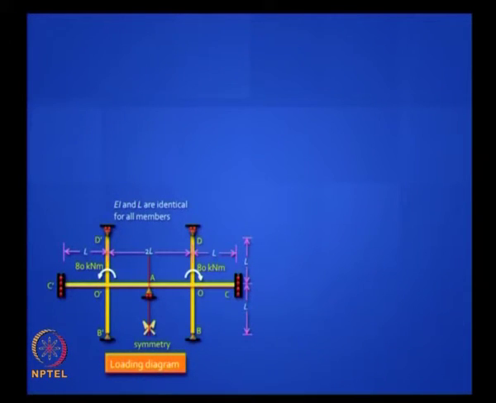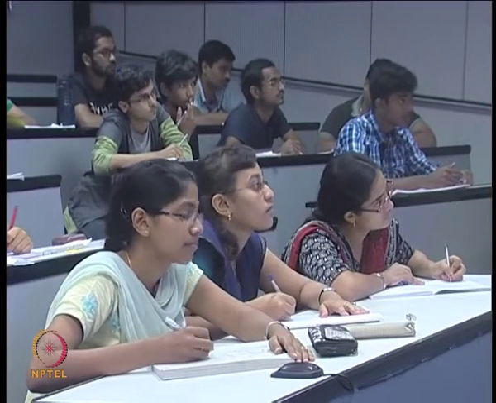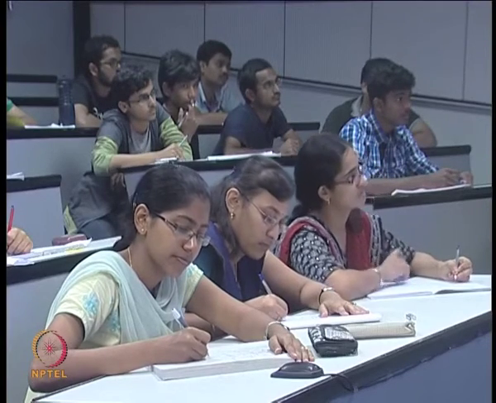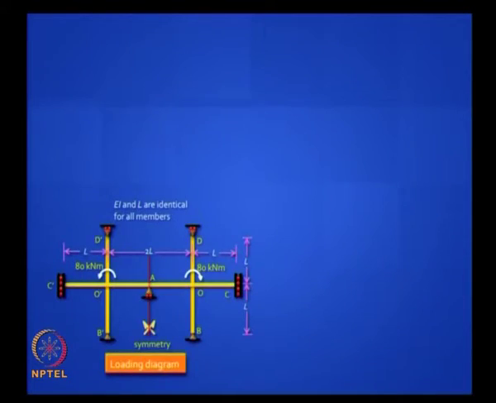Take advantage of symmetry. Can we cut it in the middle? Will it look like the problem we did earlier? Which will look like the problem we did earlier, the left half or the right half? Right half, because when you cut it at A, first you draw the deflected shape here. Do you agree the deflected shape will look like that? Why will the slope be 0 at A? Argue it.